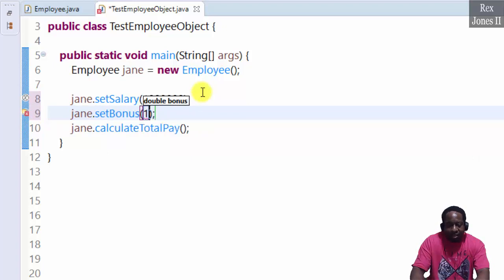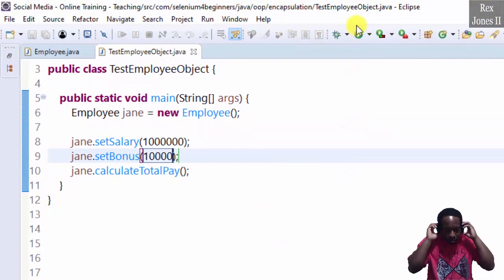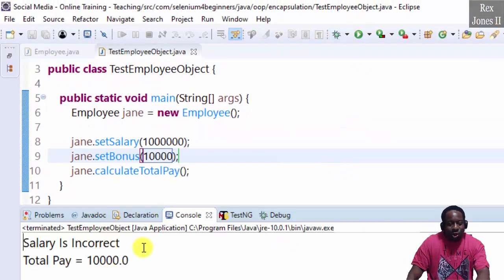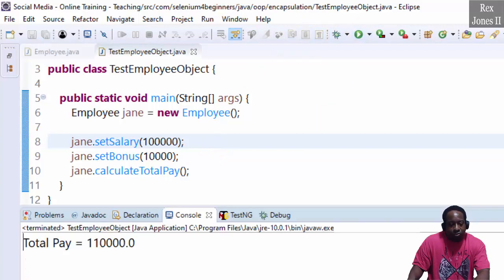Then pass $10,000. Let's run. We protected the salary, so the console shows salary is incorrect. Change $1 million to $100,000 and run. Now salary is correct. The console shows total pay equals